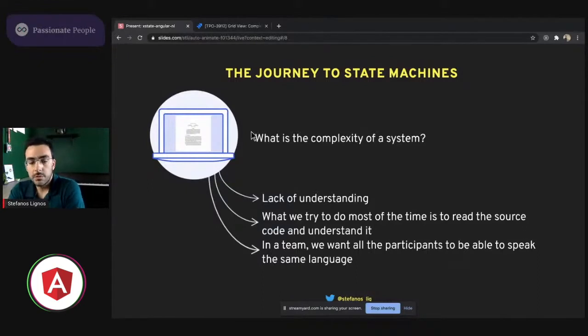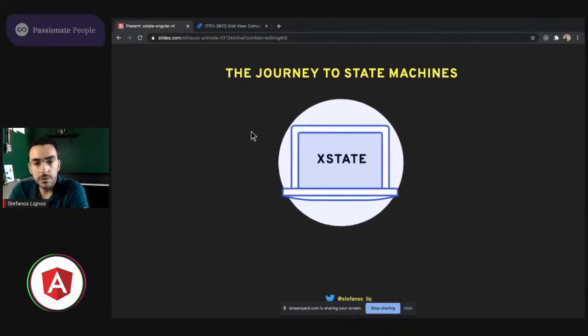So I had all these things in my mind. From the abstract notion of software entropy, I had some more concrete facts. And then one day in the recommendations on my GitHub account, I saw this library. It's called XState. And I started reading about this library, and I realized that you can create finite state machines and Statecharts in your front-end application. I knew already what a finite state machine is from my university, and so